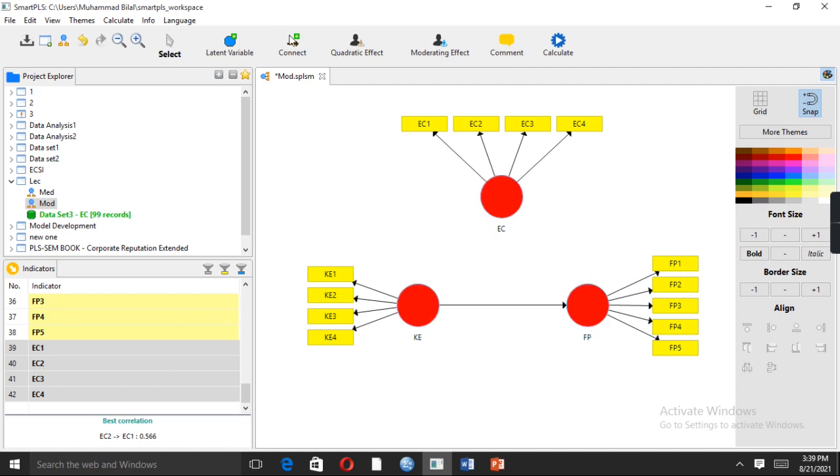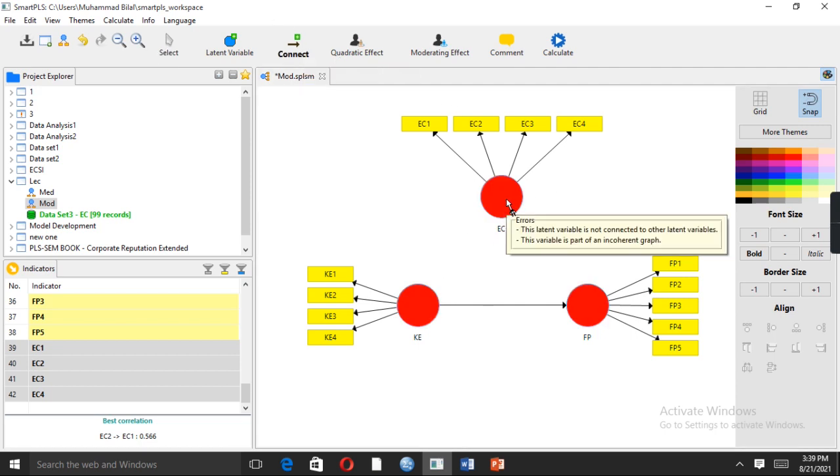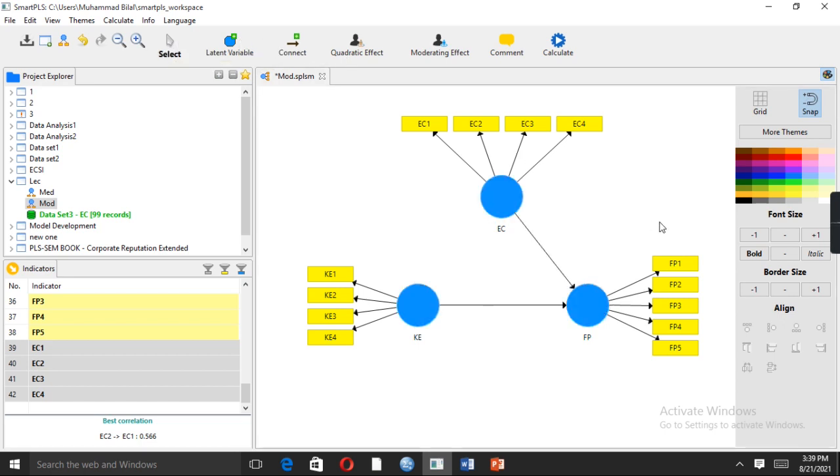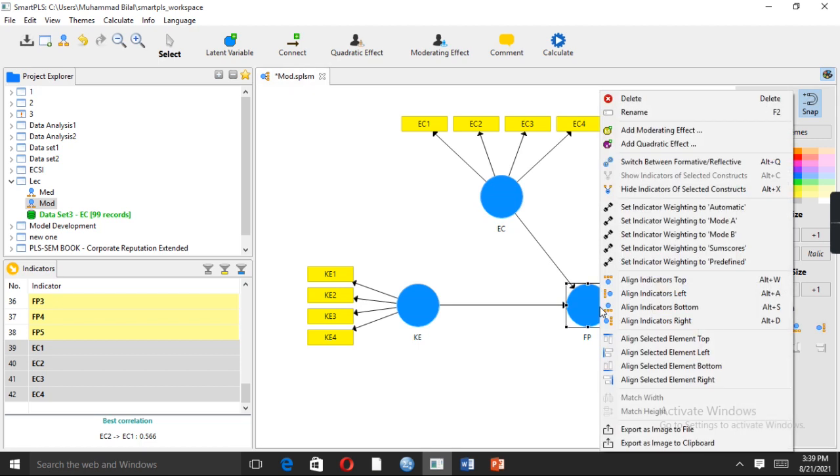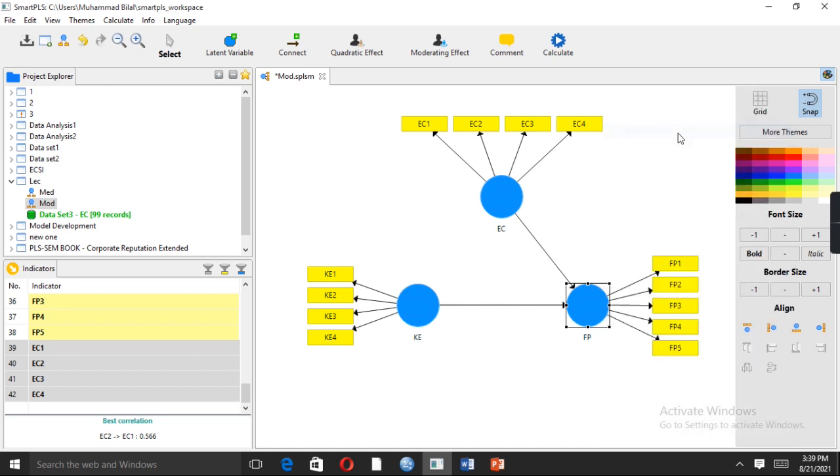Just connect from the moderator variable towards the dependent variable like this. And then the next step is that we are going to add the moderating effect. How do we add the moderating effect? Just right click on the dependent variable and choose add moderating effect. Click into it.